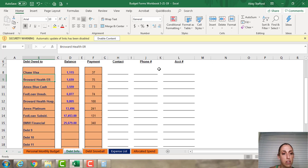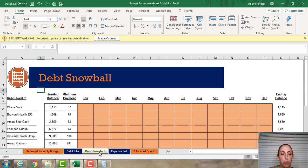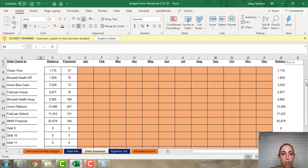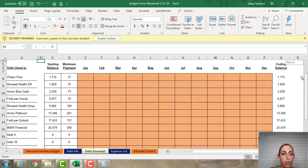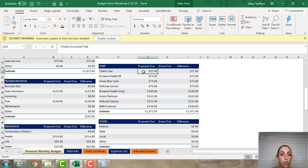So anyways, back to this, you got the total balance, and then you got the monthly minimum payment. And that actually feeds over into this tab labeled Debt Snowball. And what you want to do here is, there's a column for each month, and in addition to those, you've got your starting balance and your minimum payment. What you do is you track the amount that you can pay each month, and it could change from month to month. In our example, we were able to put the extra $76 here on this top one, but that could change depending on if there's some unusual expenses running through your budget in a particular month, or whatever the case may be. And then that actually feeds over to here,